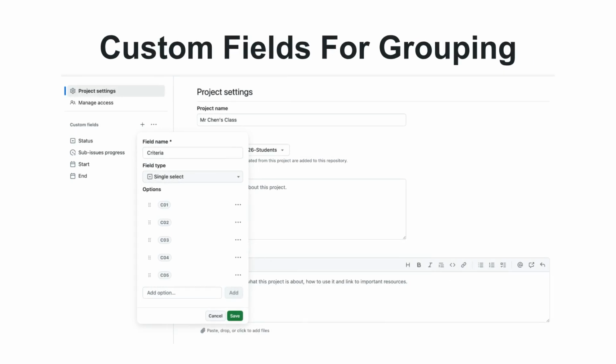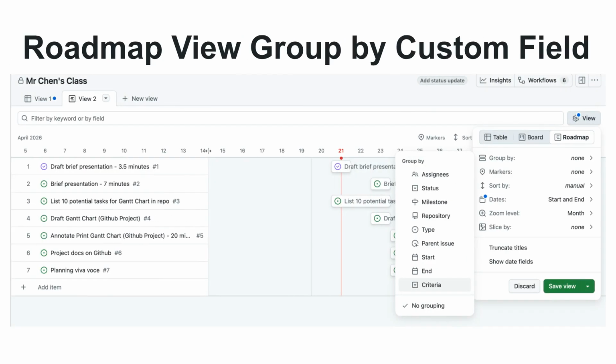We can add custom fields, like single select options for grouping, to further organize and categorize tasks within the project. The roadmap view allows grouping by the custom field, such as criteria, enabling better organization and analysis of tasks across